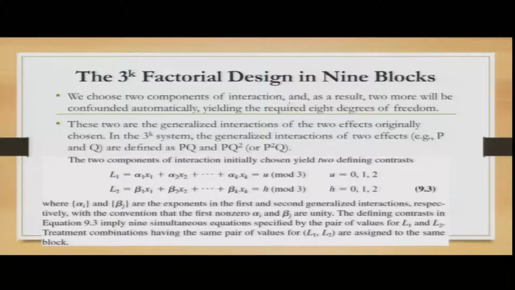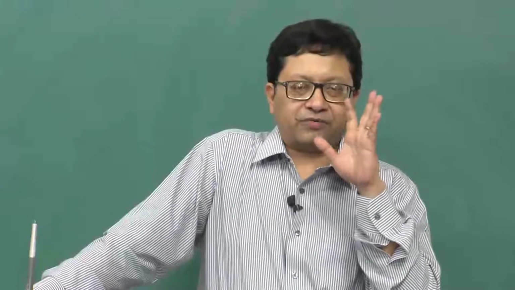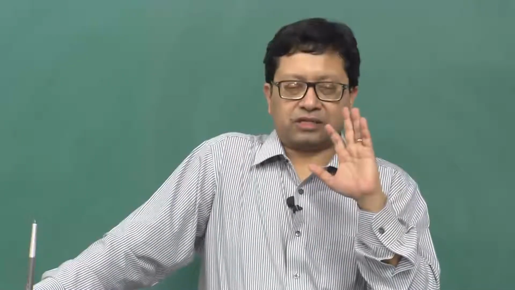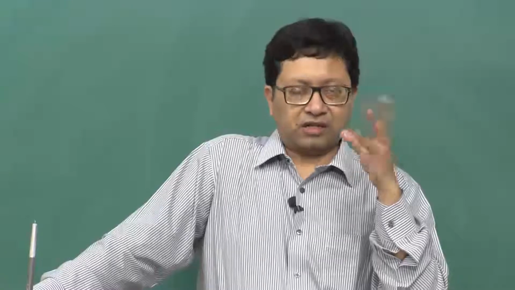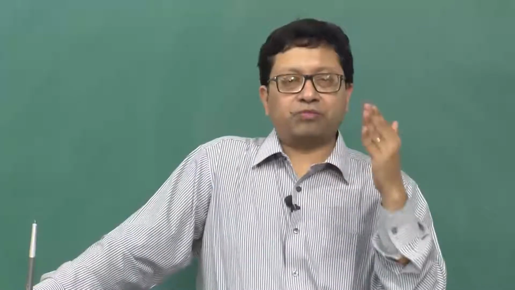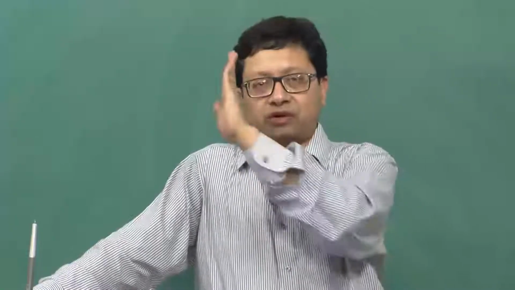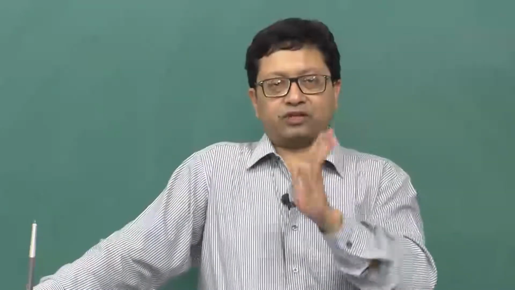So, now for mod 3, a different way of mentioning, you would basically have the fx given as α1x1 + α2x2 and obviously it will be αkxk, and in the other way of defining, it will be β1x1 + β2x2 plus dot dot till βkxk. Now, the reason why they have been given different parameters with xn and x1 in both the cases, or it could have been given as y1 in the first case and x1 in the second case. The suffix 1 I mean that in the first case it will be y1, y2, y3, y4 till yk, and in the next case it could be basically x1, x2, x3 till xk.